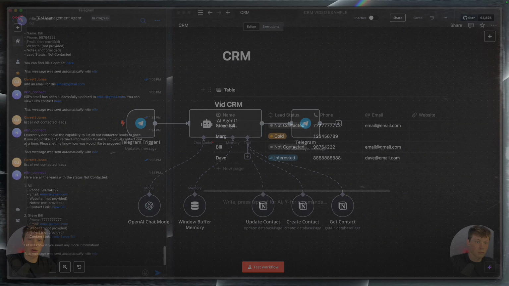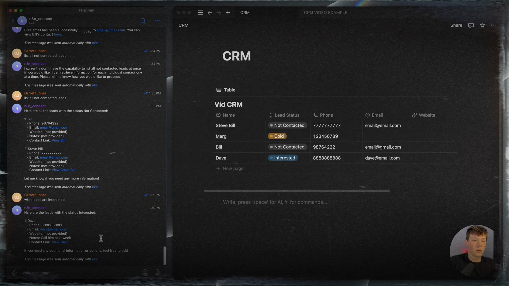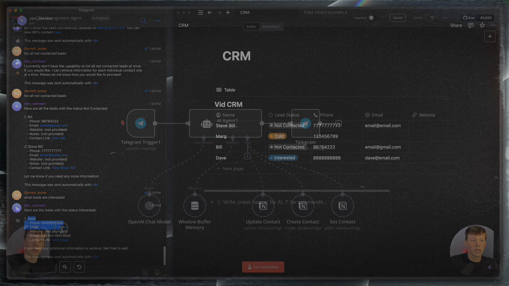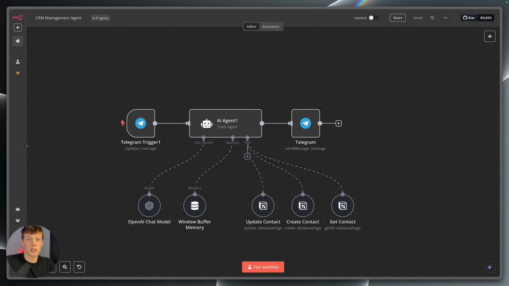I've got another AI agent for you here today. This one actually helps you manage your CRM. Now I'm going to start with a quick demo of this agent. Then I'm going to show you how you can get access to a template for this agent for completely free. And then I'm going to walk you through setting that template up for yourself so you can start using this